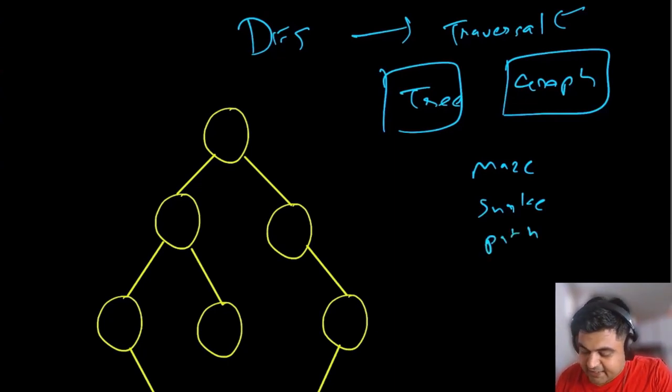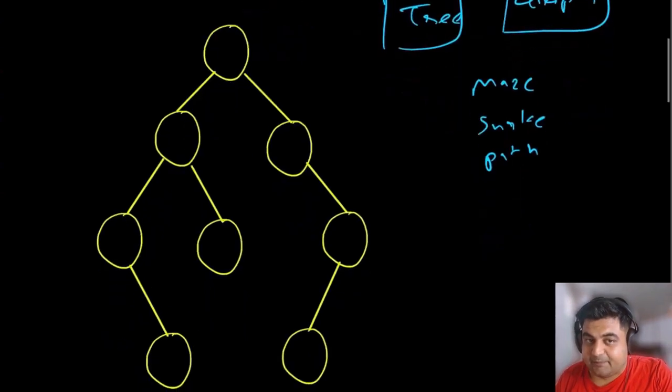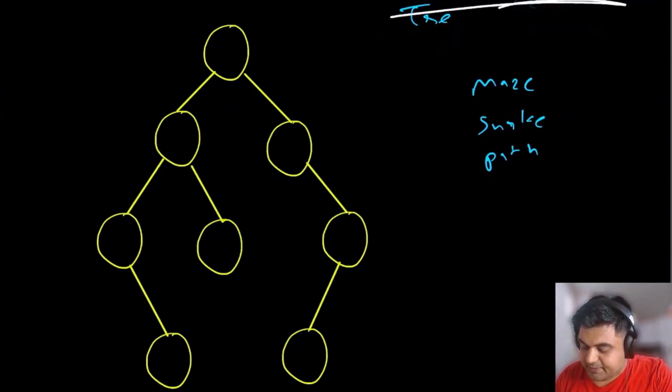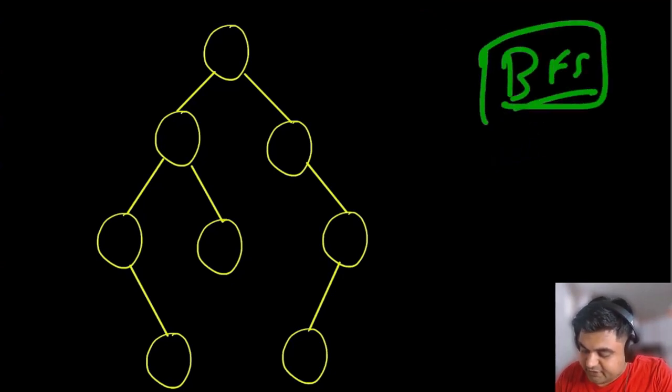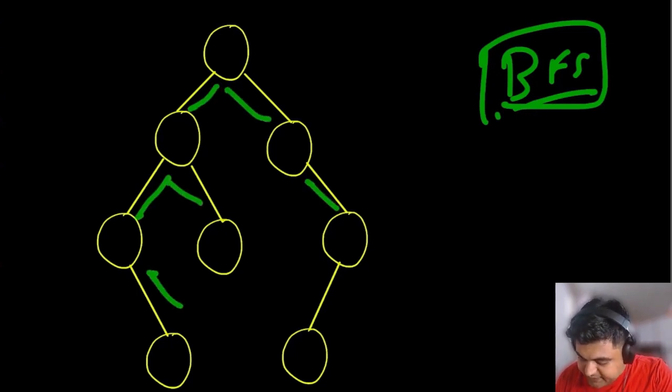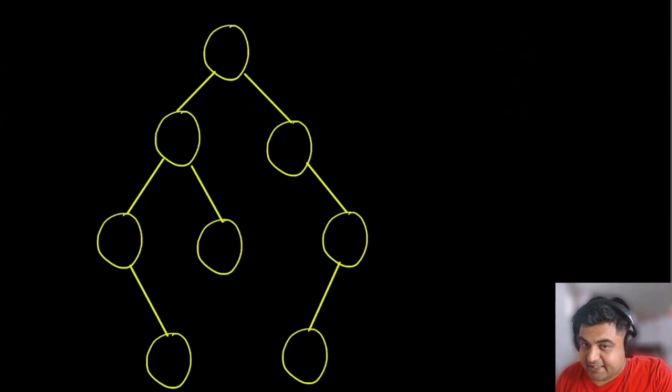So first let's see how DFS is applied on a tree, and then we will see how it applies on a graph, and then we will try to see what a typical workflow looks like. Now you already know how breadth first search works. Breadth first search is typically a notion where we move out in the breadth before moving on to the next iteration. That is exactly the opposite of what depth first search is.